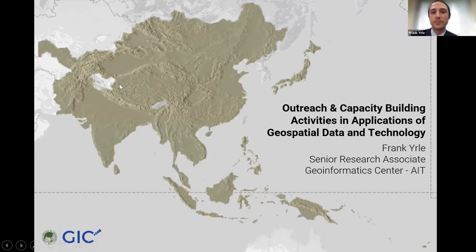So today I'll be going through some outreach and capacity building activities here at GIC. Some of these come from the projects that some of the speakers have already gotten into a bit, but I'll try to focus on the outreach and capacity building aspects of it, so as not to retread too much ground. We're going to look into 10 different aspects or examples of outreach and capacity building from our different projects, and I'll break it down into our disaster management, agriculture, and then our environment projects, sort of like we've been following all day today.